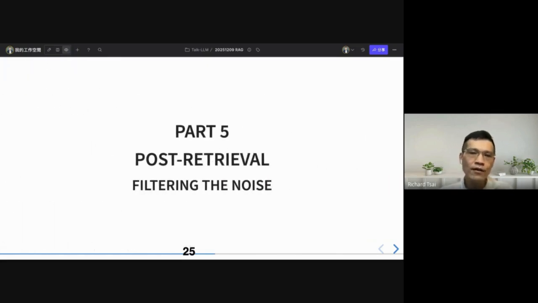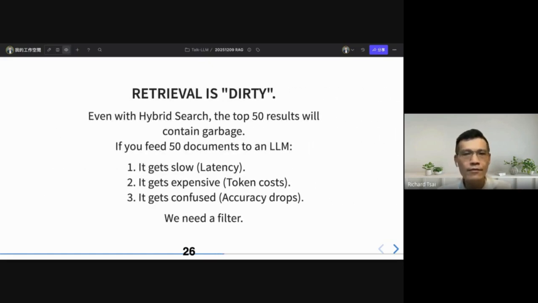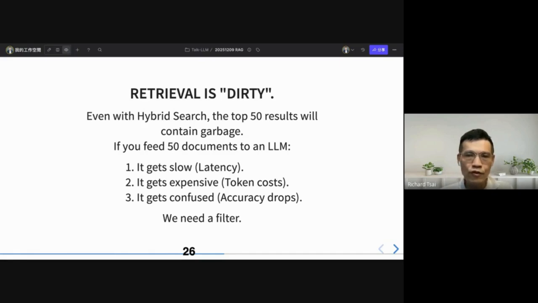Okay, in part 5, we're going to talk about post retrieval. So retrieval is dirty. Even with hybrid search, the top 50 results will contain garbage. If you feed 50 documents into an LLM, it gets slow, and it gets expensive because it consumes more tokens.